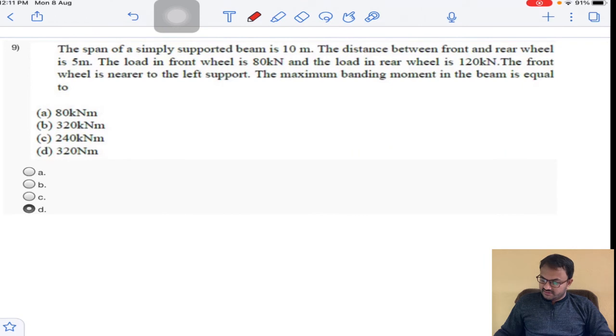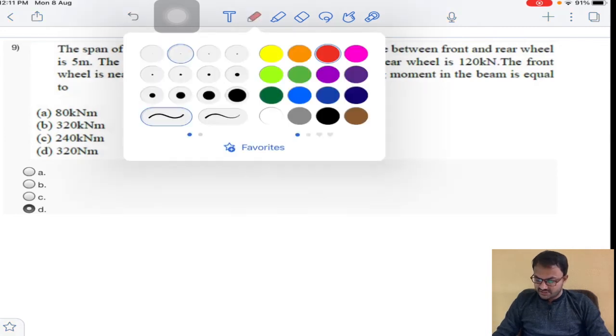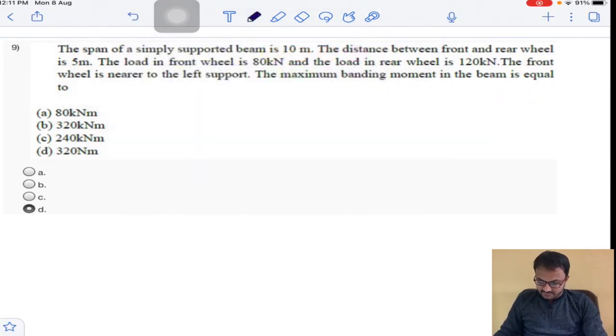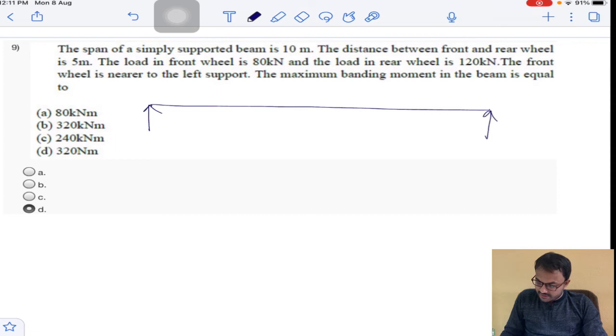Now questions number 9 and 10 are the same question, but the answer he asked is in a different way, different solutions he asked. So just listen carefully, this is a very important question. What he asked: the span of a simply supported beam is 10 meters. The distance between front wheel and rear wheel is 5 meters. For example,